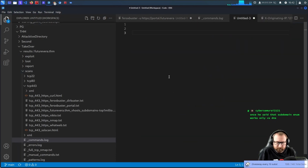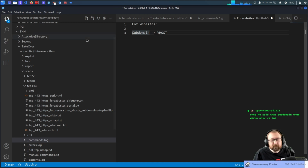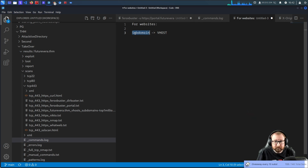There is a subdomain, for websites, let's just say this. Subdomain goes to vhost, all right? So basically, if you type in a valid subdomain that has a website associated with it, that subdomain will be used as the vhost, which is basically the host header, right? So it's going to be host: subdomain. Okay? However,